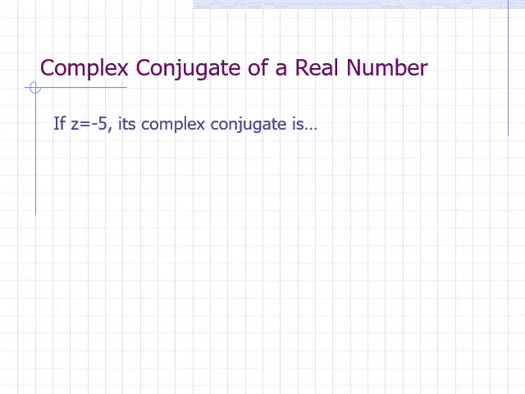Suppose z is equal to negative 5. What is its complex conjugate? We can write z as negative 5 plus 0 times i. And its complex conjugate, z star, is negative 5 plus 0 times negative i, which we can just simplify to